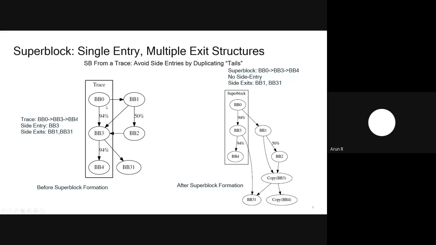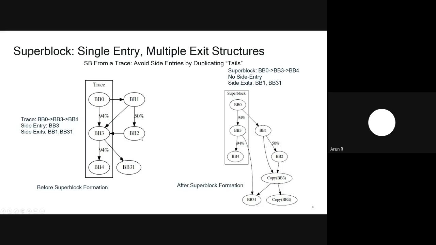Okay, which has side entry. This side BB3 is a side entry, and these two are BB1. Okay, and BB1 and BB31 are the exits outside the trace. So how do we